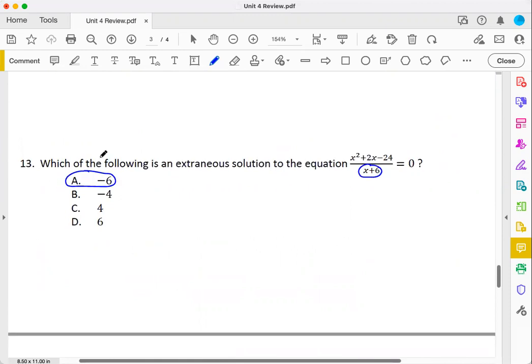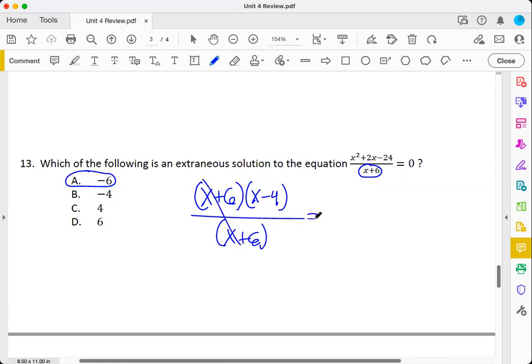That's a pretty simple one. So just set the denominator. Actually, you know what? Don't do it, but do it, because this is hinting that this is going to make it extraneous. Because even if you factor out the top, like so, and cancel x plus 6 respectively, it doesn't really cancel,